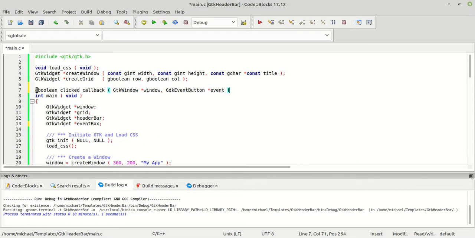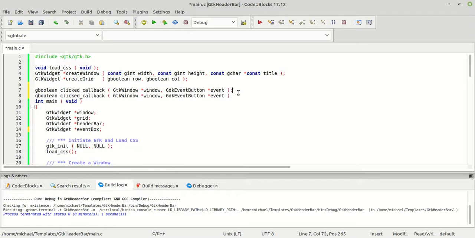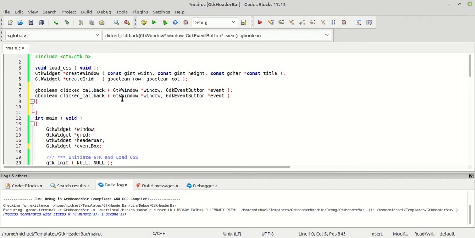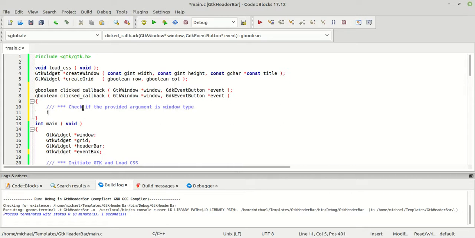Now let us satisfy our compiler by declaring also the function. First things first, we are going to check if our GTK window is a window or not. So basically we are going to check if the provided argument is of window type. Okay, so we are going to say if GTK is window, our window,